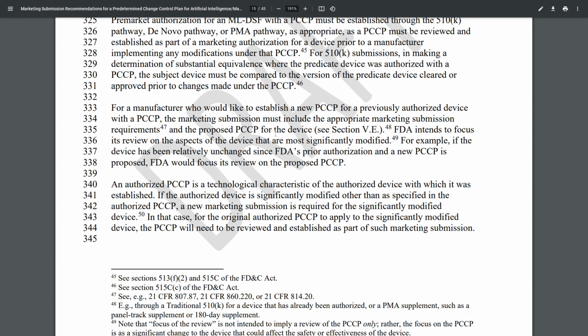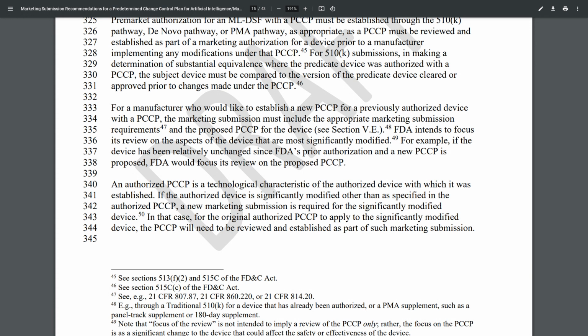See section V.E. FDA intends to focus its review on the aspects of the device that are most significantly modified. For example, if the device has been relatively unchanged since FDA's prior authorization and a new PCCP is proposed, FDA would focus its review on the proposed PCCP.